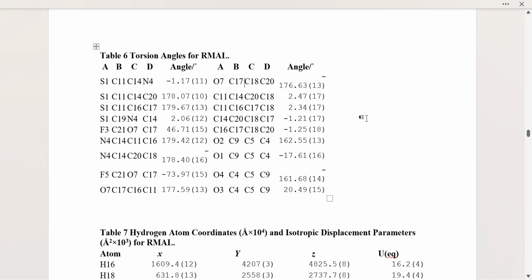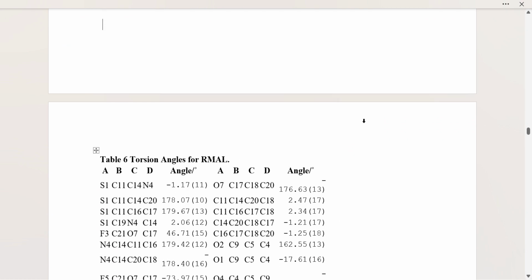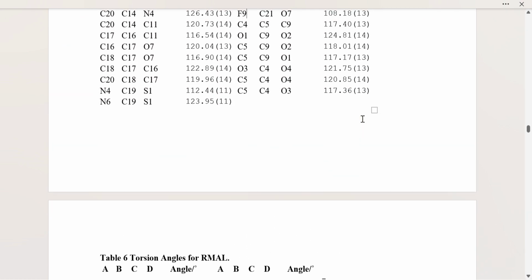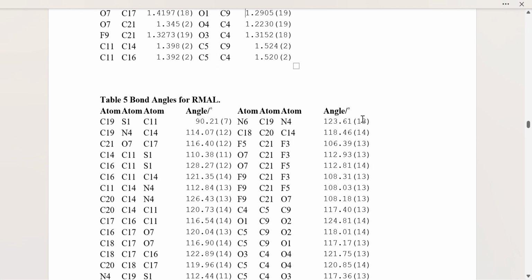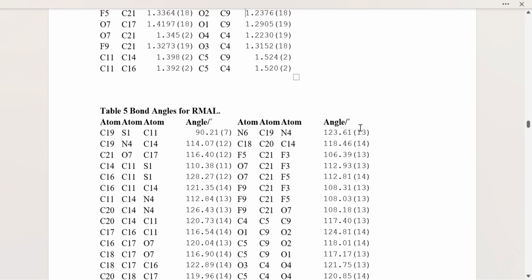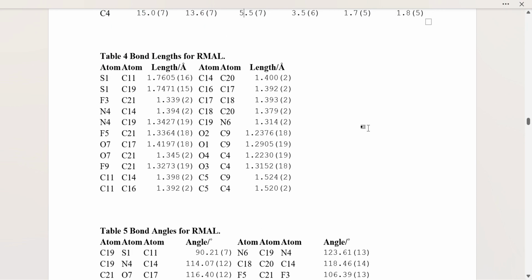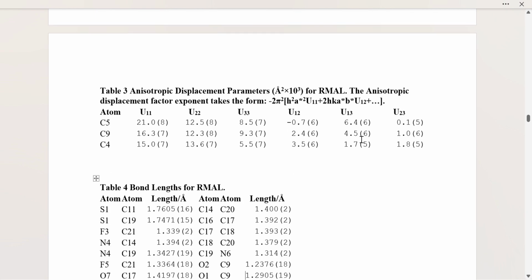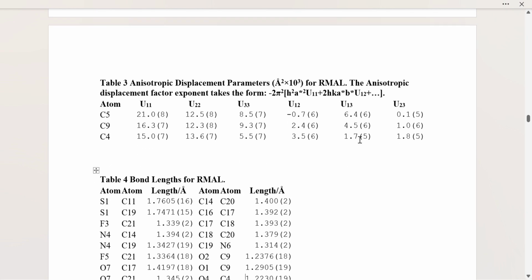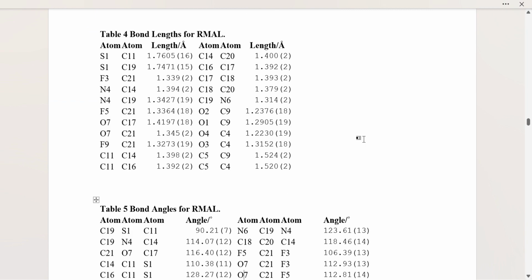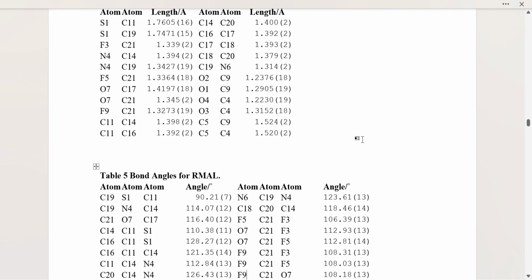And this is the torsional angle which is seen in a particular structure. And this is the bond angle for RMAL, and this is the bond length for the RMAL. These are the things we generated from the ORTEP and copy pasted in Word.